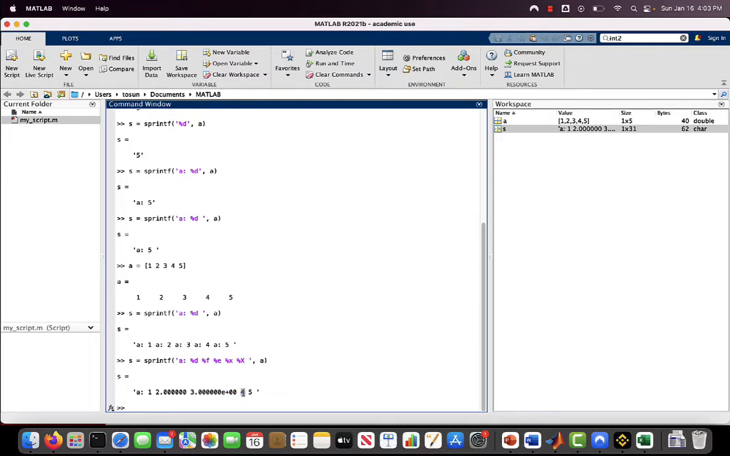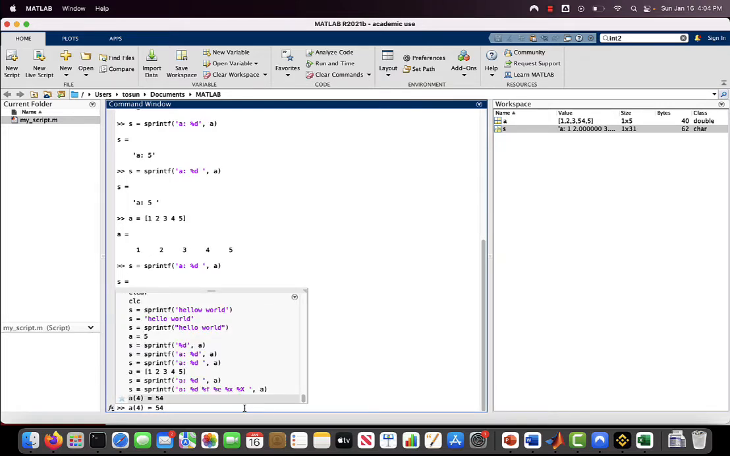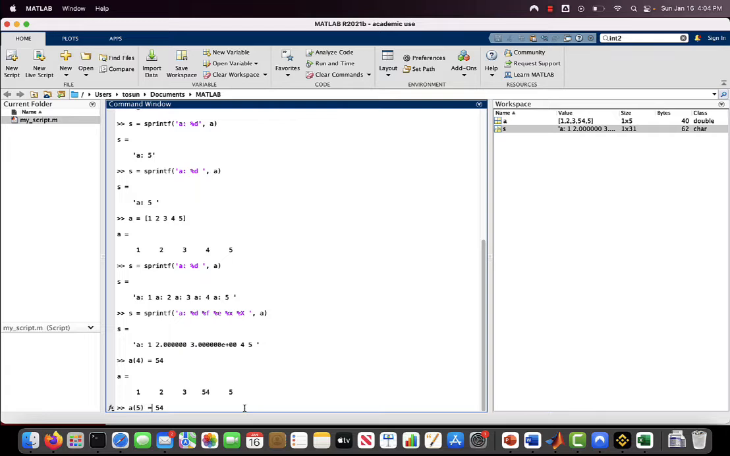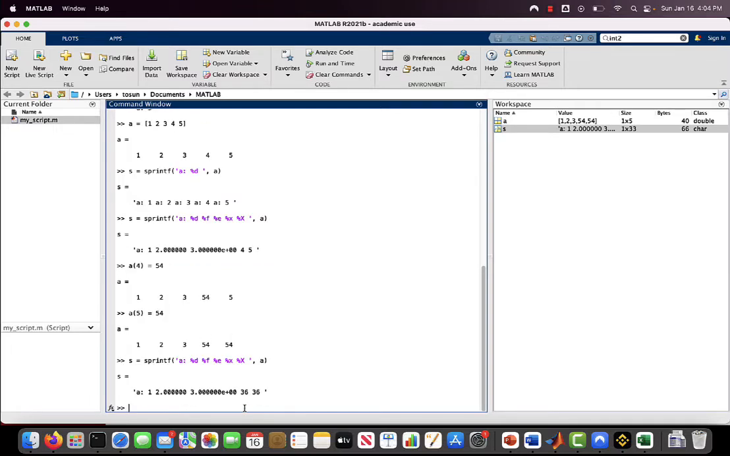And here this was a lowercase x, which is hexadecimal notation of number 4, and it doesn't change because 4 is 4 in hexadecimal notation too, and 5 is 5 in hexadecimal notation too. Let's change them. Let's change A4 equal to 54 and A5 equal to 54. And this time if I use my function again,